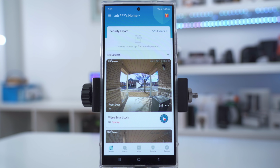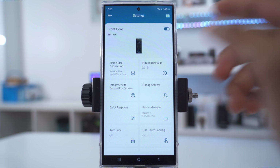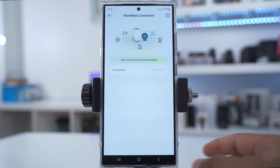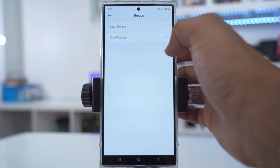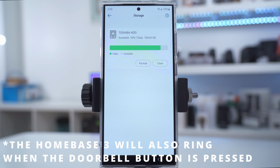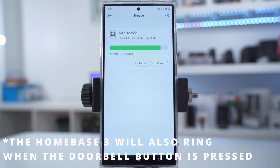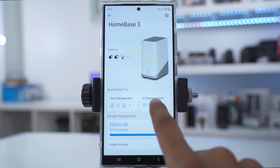So I've just connected the E330 to the home base, and what I'm going to do now is go into the settings to show what's changed. So to confirm, it's now connected to the home base, and you could see if I go into general and then into storage, local storage, instead of showing 8 gigabytes of local storage, it's now showing the 1 terabyte that's installed. Additionally, when I go into the HomeBase 3 settings, I could tap on AI empowerment,